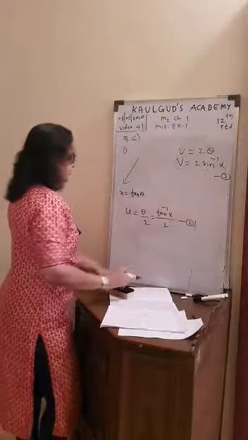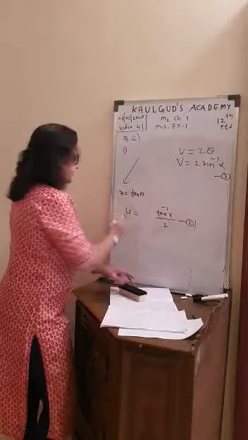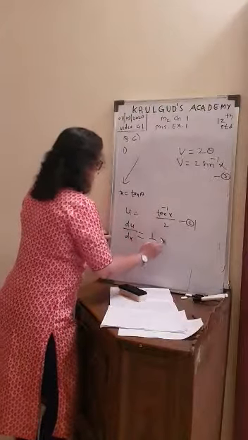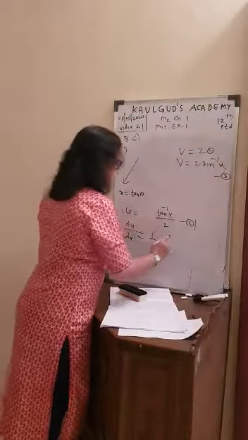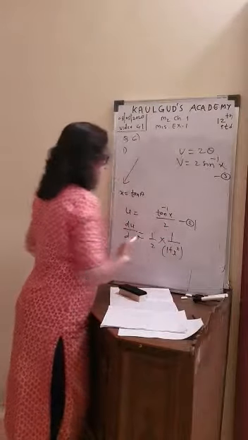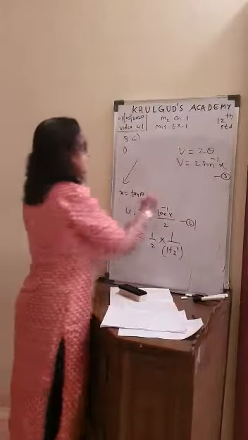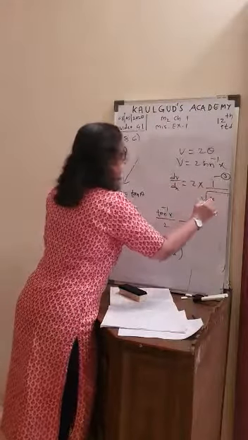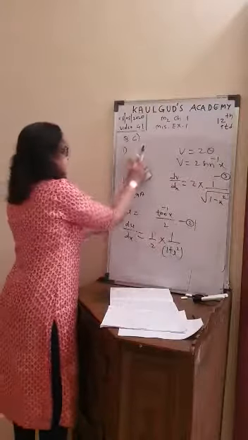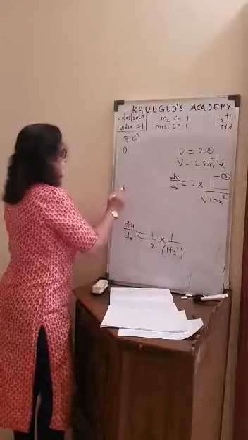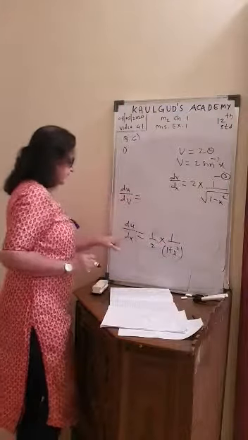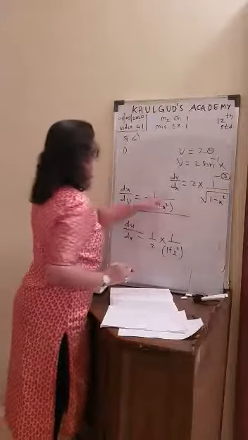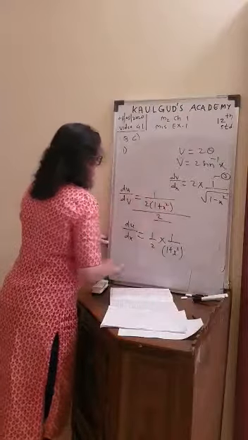And now u is tan inverse x upon 2. So differentiate with respect to x. What is du by dx? Half is a constant, so no division rule or anything. And tan inverse x, 1 upon 1 plus x square. So this is 1 upon 2 into 1 plus x square. What is dv by dx? 2 is a constant. Sin inverse, 1 upon root 1 minus x square. And so what is the final answer? du by dv. What is the final answer? du by dx, copy that. 1 upon 2 into 1 plus x square divided by dv by dx, 2 upon root 1 minus x square.